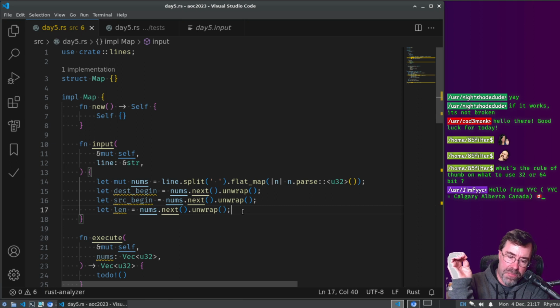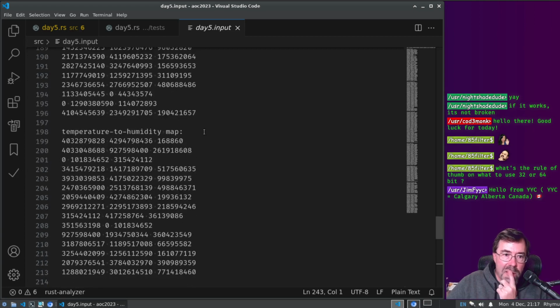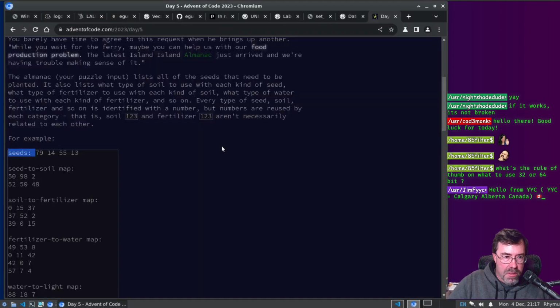So I'm inclined to just brute force it, unless the input shows that the numbers are ridiculous. Oh, the numbers are ridiculous. Okay, never mind. I suppose what we'll do is make a vector of these, and sort it by start address from source address. Yeah.